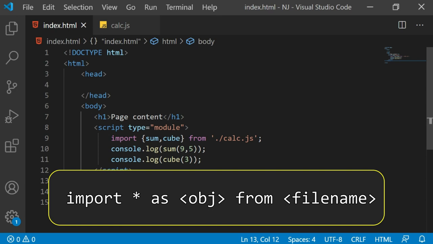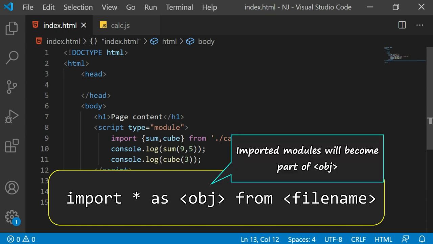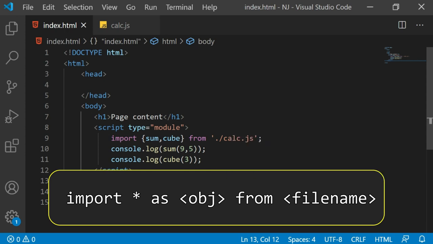This is the syntax which you can use to import all the modules from a specific file. In that case, the modules which are imported will become part of obj, that is the object, and you can use the dot operator to access the members or exports of the module.